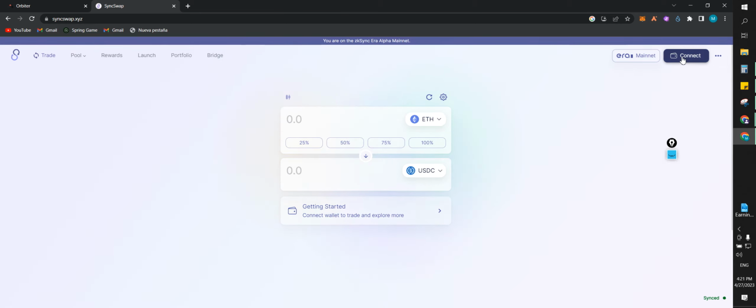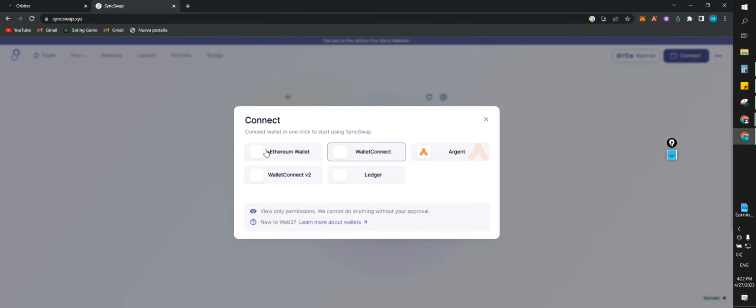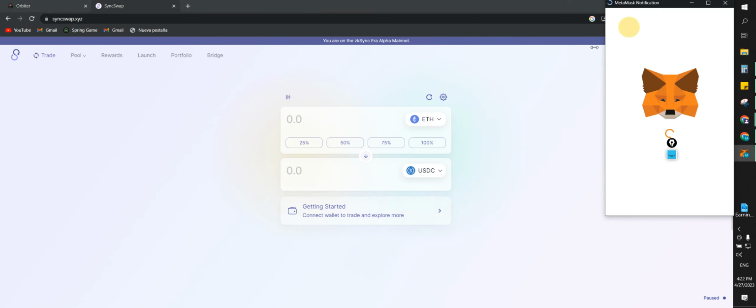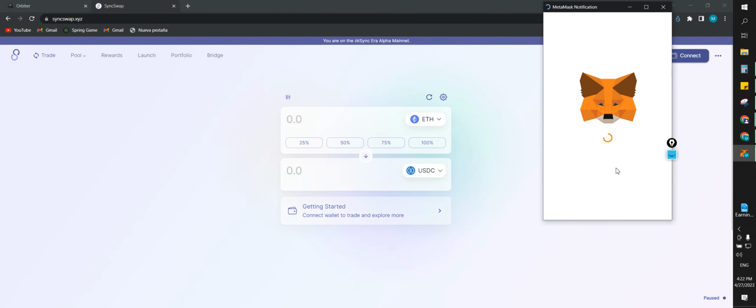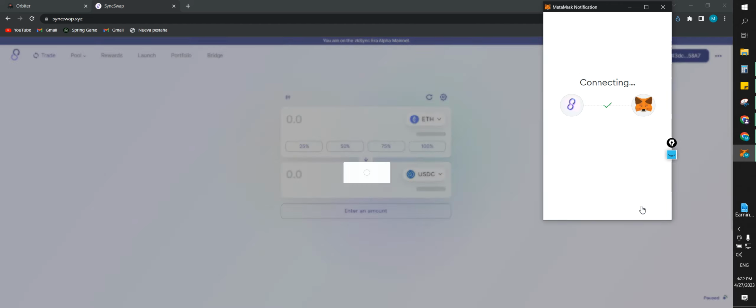So we're gonna connect our wallet. Let's see if I already have the funds here. Yep, I have it. As you can see, it is sometimes expensive to bridge some funds, so you need to be aware of that. I think I lost like $3 bridging that. So let's go ahead and do connect. Gonna do Ethereum wallet, which is the Metamask wallet. Confirm, connect,